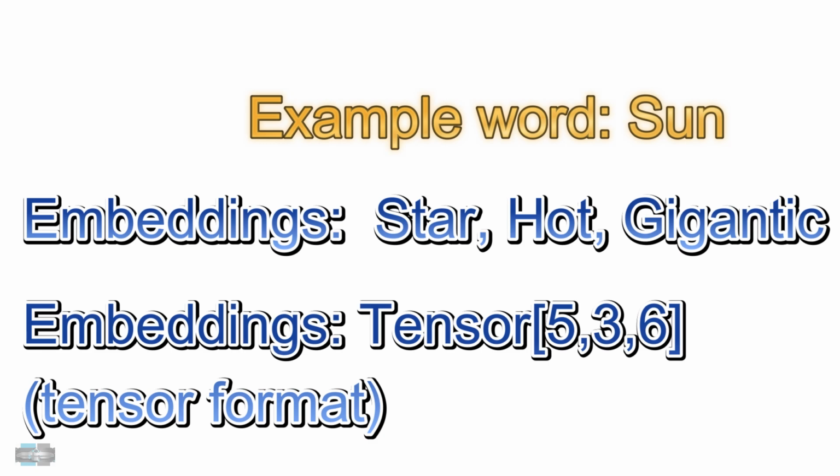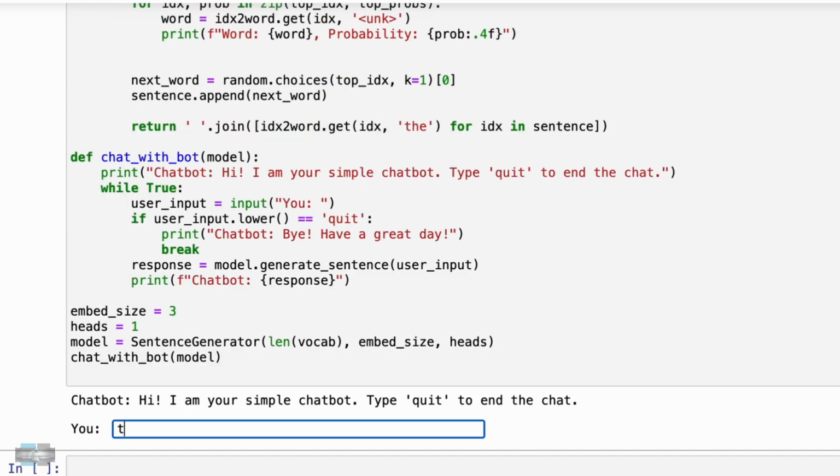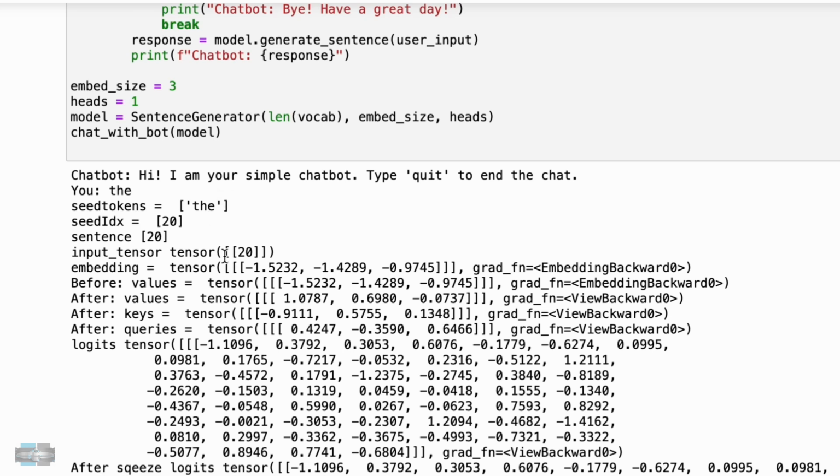As we discussed in the previous video, we need to derive the value vector, key vector, and query vector from these embeddings. Embeddings are nothing but different attributes used to define each individual word in the sentence. You can see the embed size is 2 here. Usually we have an embedding size of 512 or 256, but here we simplified it to 2. If we increase the size of the embeddings, it helps the model understand each individual token more. At the end of the day, all these tokens are converted into value vector, query vector, and key vector.